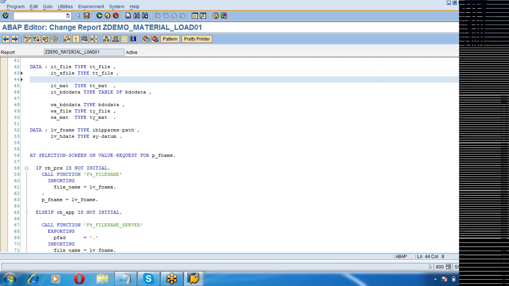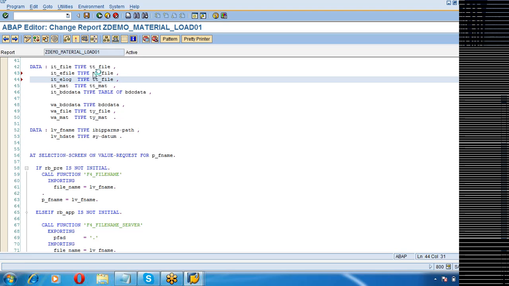IT underscore E file is the internal table in which I will move all my error records. And I would have one more that I will show as IT underscore E log. The E log internal table will have the error messages. The E file will have the same structure as the input file. The E log will have the key fields and the error messages.